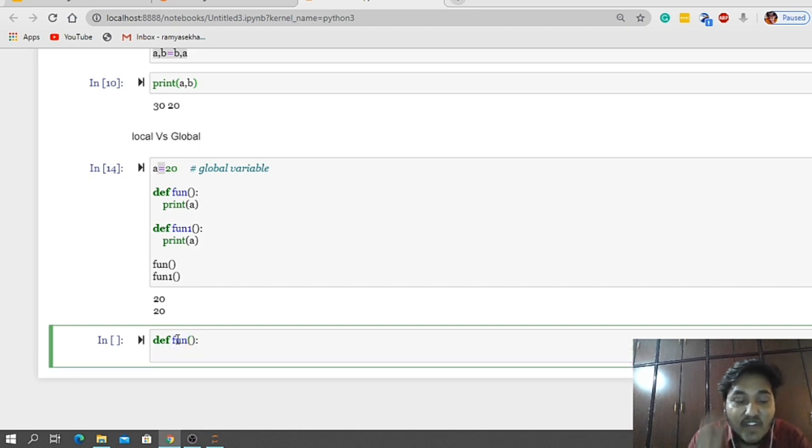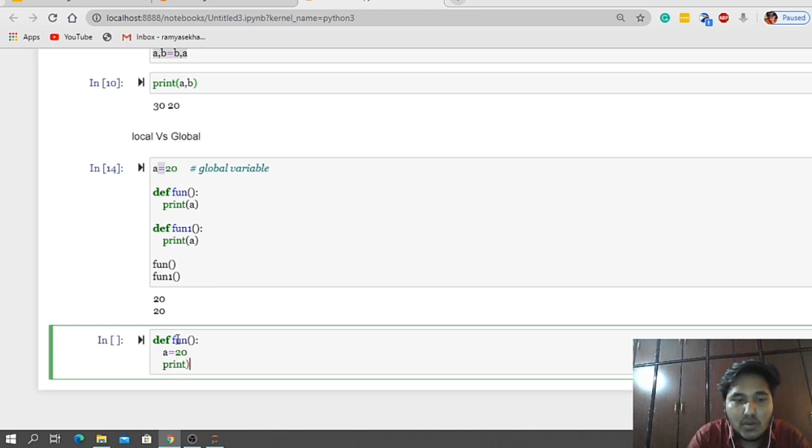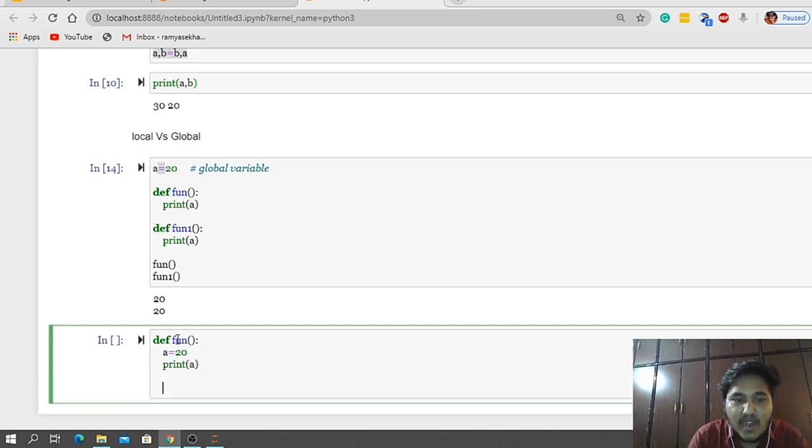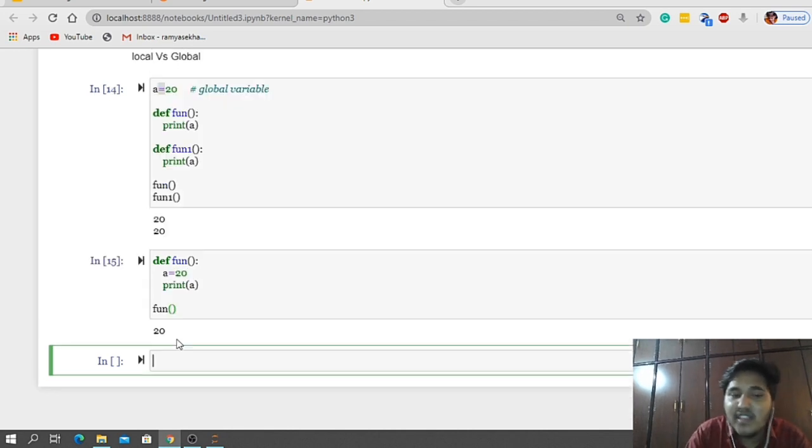See here, guys, a variable declared within the function, so A is equal to 20. Now I'm going to print that A value. I have defined a function. After defining a function, if I don't call it, then definitely it won't run. If there is a person, and without calling him, how can he respond to me? He will not, right? So after defining a function also, only if you call that function will it be executed. So now I am calling that function and executing this piece of code.